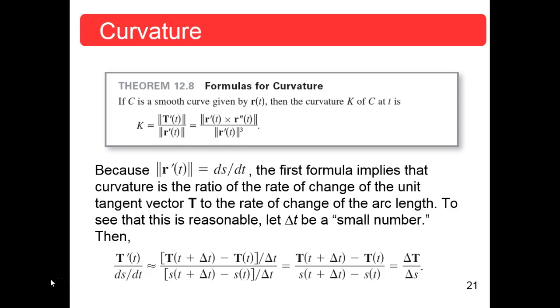Now, I was trying to give some rationale for this, and this is it: your magnitude of velocity vector is called the speed, and the speed is the derivative of the arc length parameter. That is the speed because it's how far you're going divided by the time. That's how we define speed, and this is that. So this denominator is this, and the numerator is